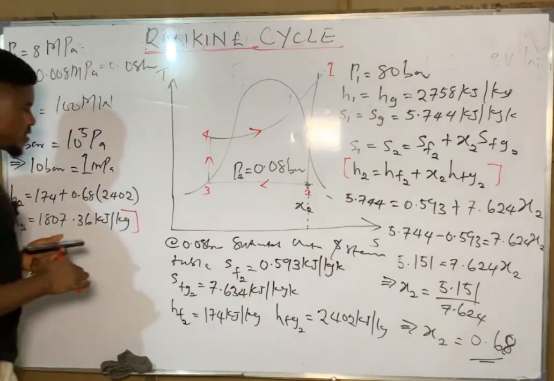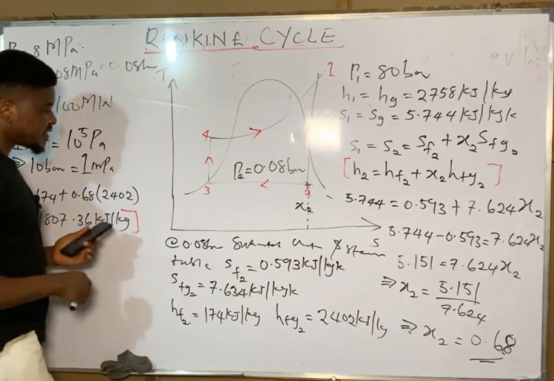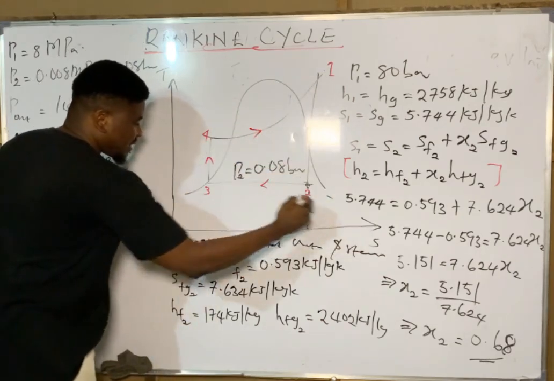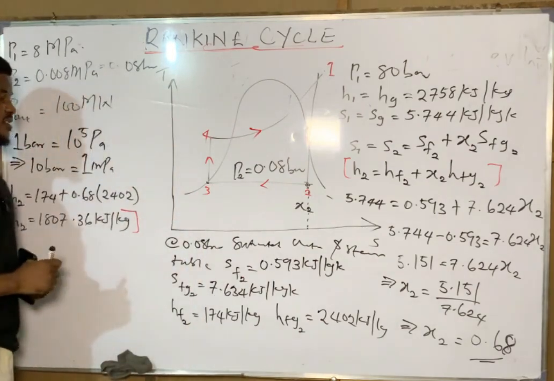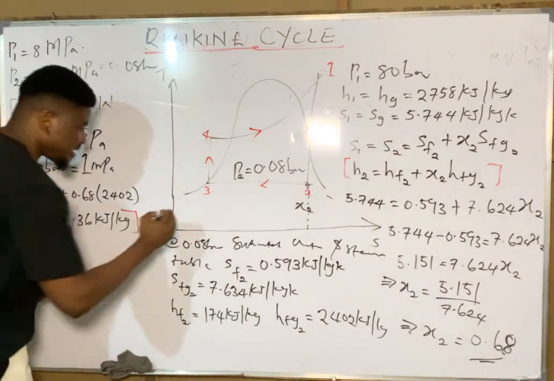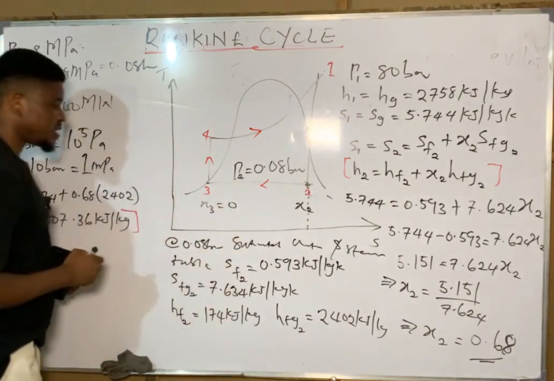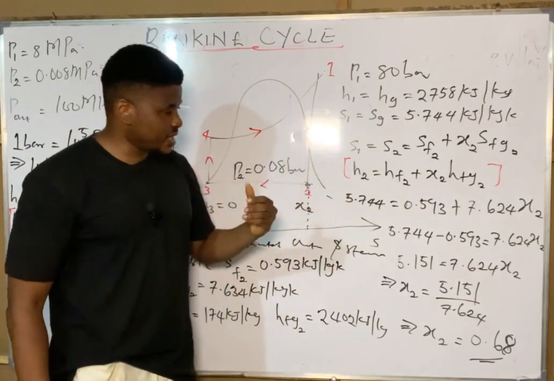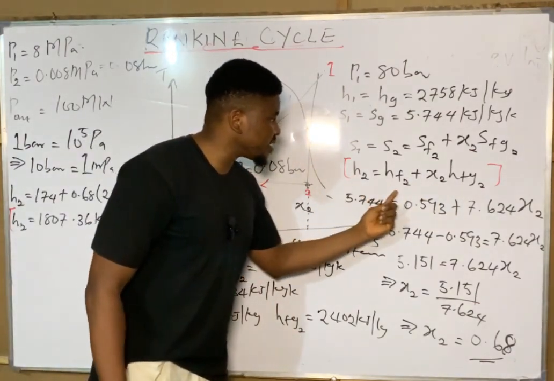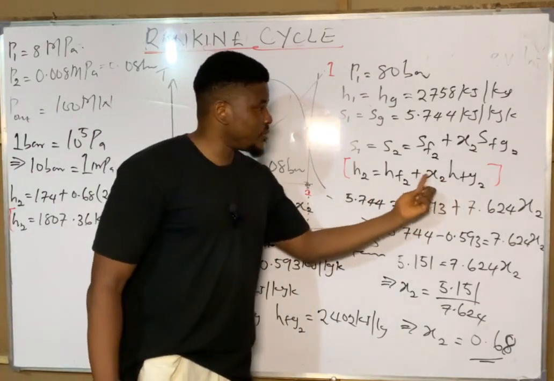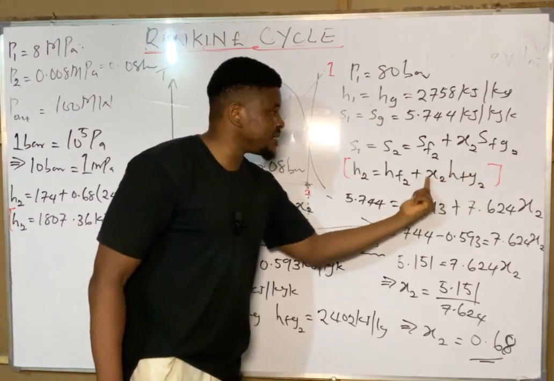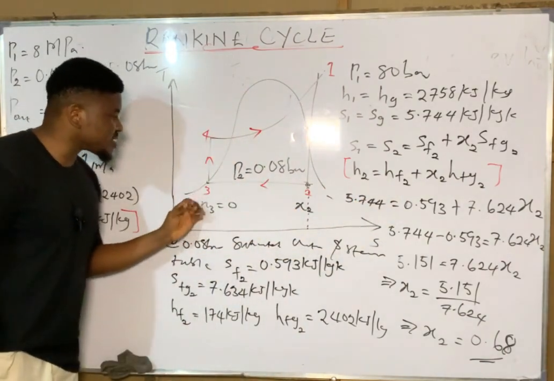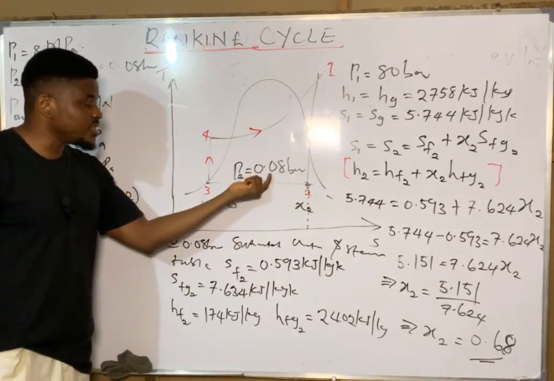Next, we move to state 3. We need to find the enthalpy at state 3. But if you observe, state 3 is directly on the liquid line. This line is a liquid line. This line is the vapor line. State 3 is directly on the liquid line. Since it is directly on the liquid line, it means that the dryness fraction at this point, x3, is equal to 0. And if you relate that with this equation of enthalpy, considering state 3, this becomes H3 equals HF3 plus X3 HFG3. But if X3 is 0, everything here becomes 0. So H3 becomes HF3. This simply means that enthalpy at state 3 will correspond to the fluid enthalpy at this pressure, 0.08 bar,